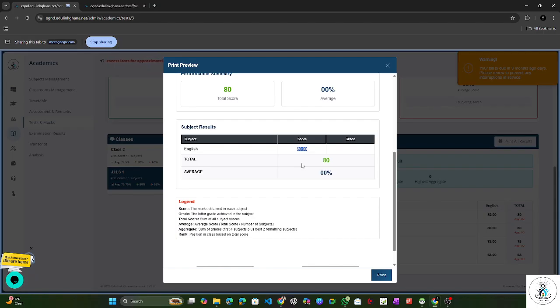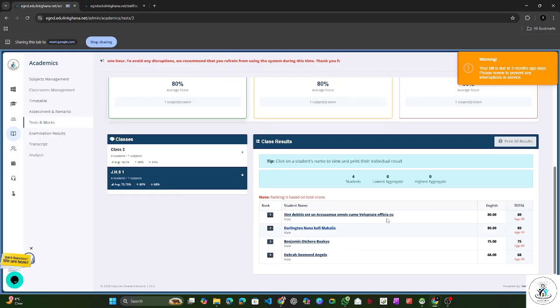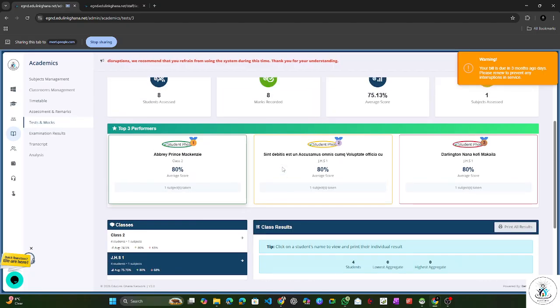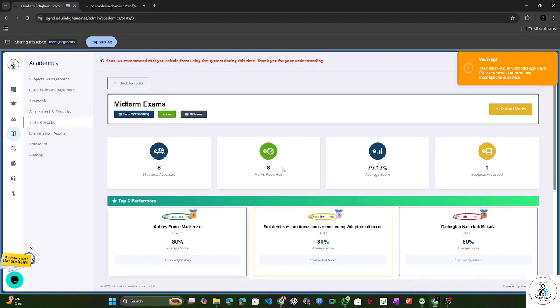So yeah, this helps when you want to see how the student is performing individually, or if you would like to print everything as a whole assessment sheet for evaluation. That is one thing you can also check on this. Further to that, on top here you have some